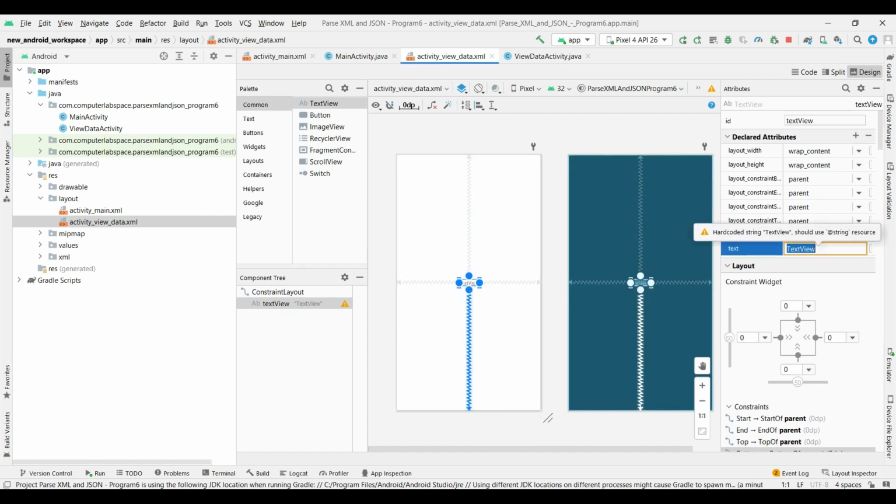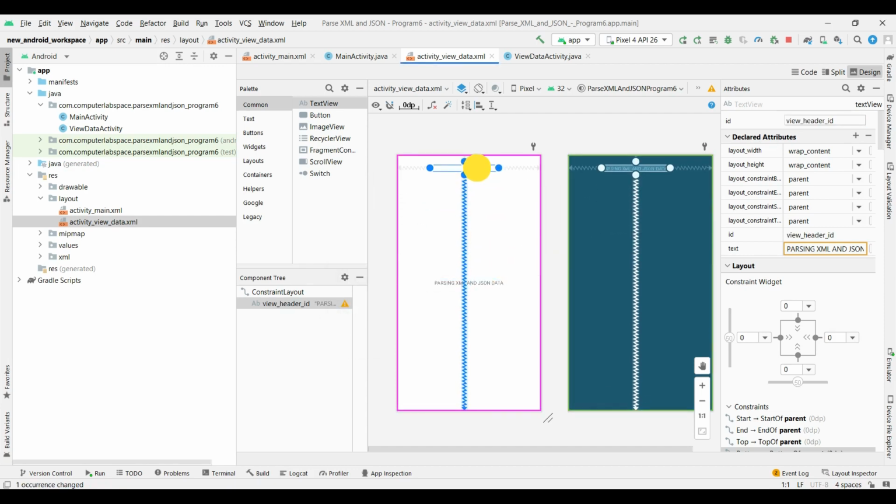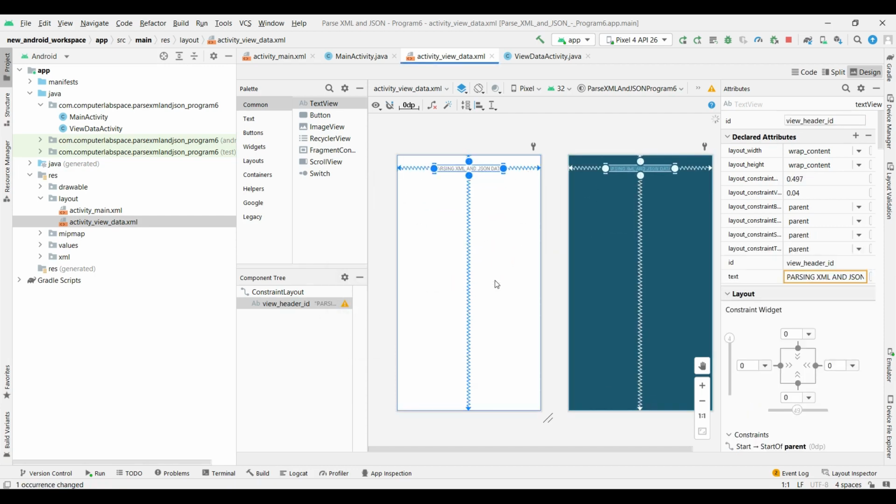I'll rename this to parsing XML and JSON data, and the ID will be view_header_ID. Refactor. Okay,